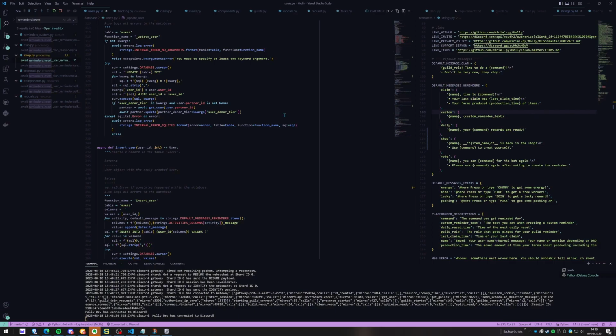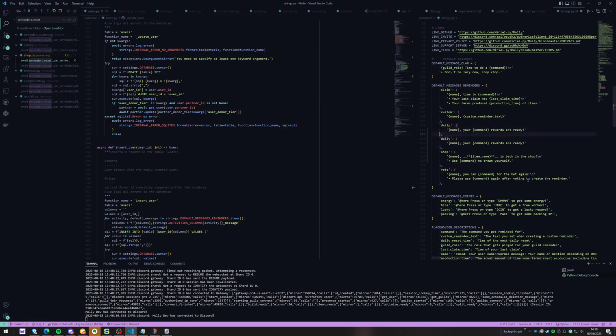Okay, I need a default message for energy. So what is this going to be? So technically the idea is you can choose an amount, right? So you can either choose to be reminded at claim energy, which is 5, at raid energy, which is 40, and at team raid energy, which is 80. And you can also set an energy amount yourself. So essentially you now have